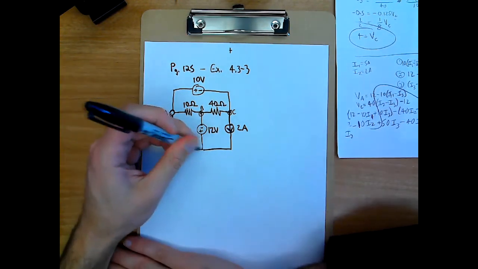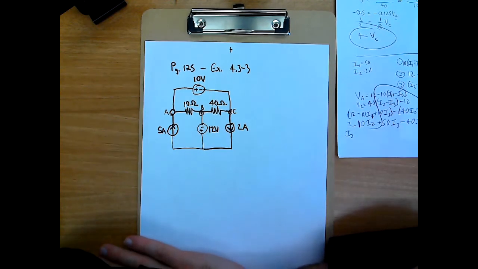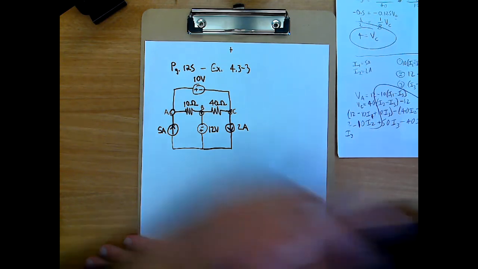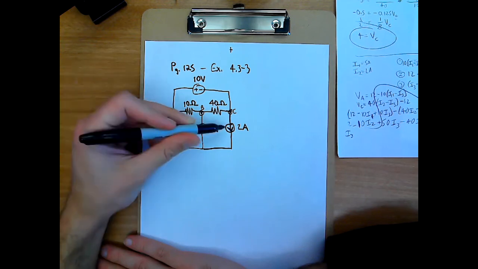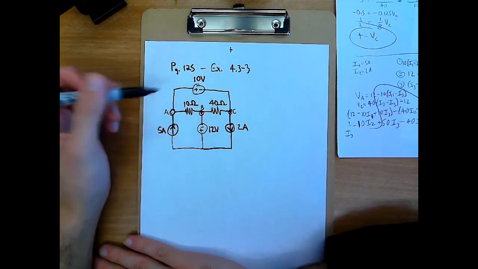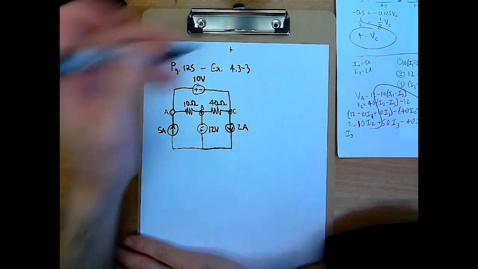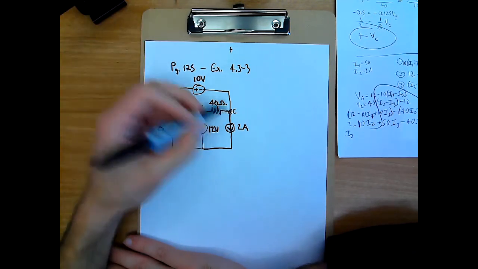If you look at the example, it has a ground drawn in. I'm not drawing that in right now, just so I can explain a couple things first. So we've got a voltage source up here, voltage source down here, current source, a couple of resistors. We are interested in the voltage